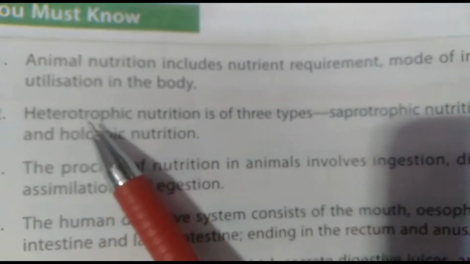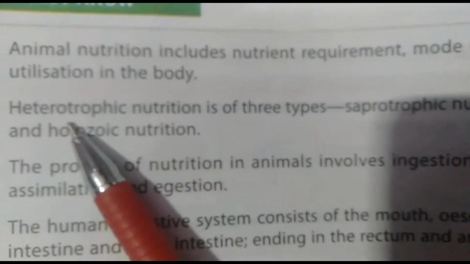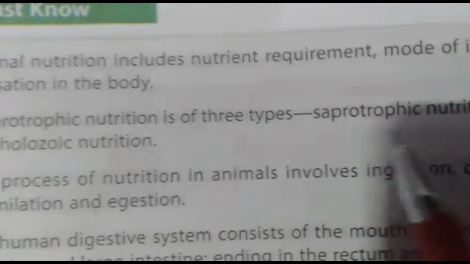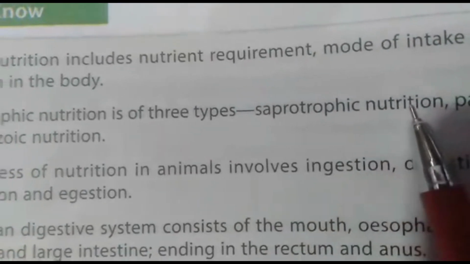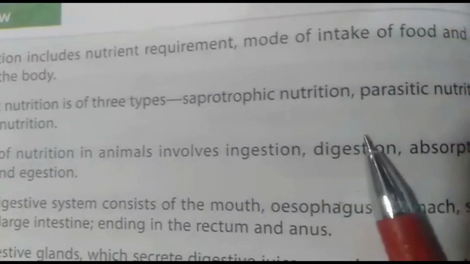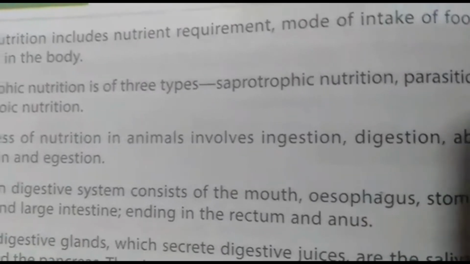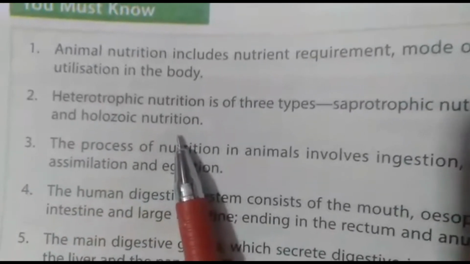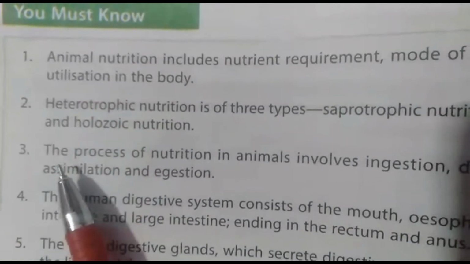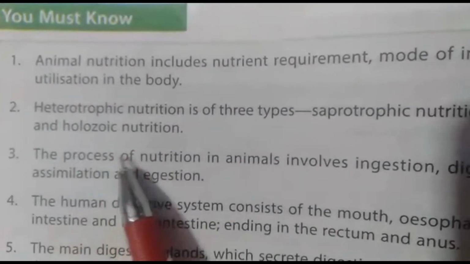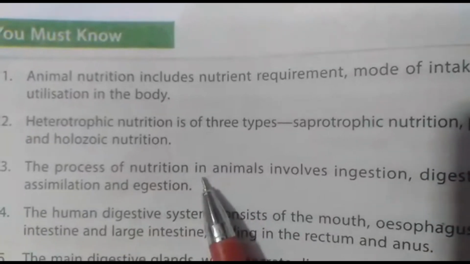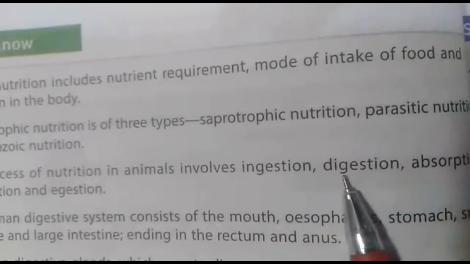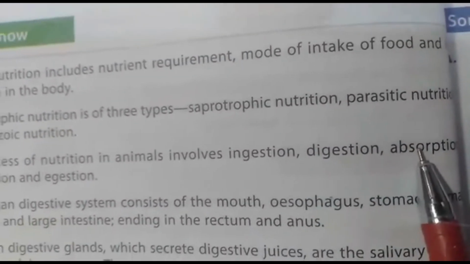Second point, we have discussed that heterotrophic nutrition is of three types: saprotrophic nutrition, parasitic nutrition and holozoic nutrition. Now next, we have discussed the different processes. The process of nutrition in animals involves ingestion, digestion, absorption,